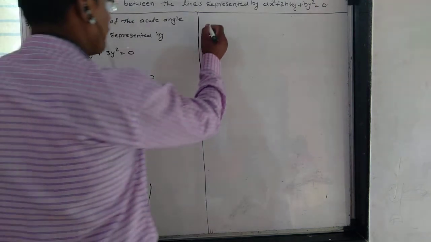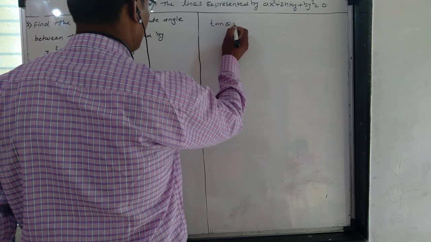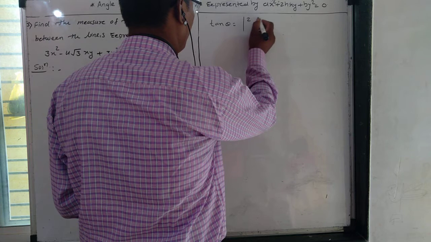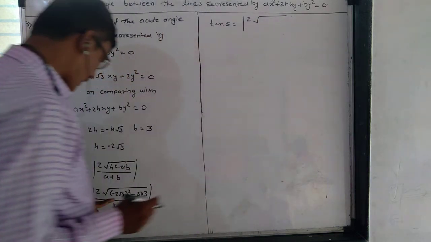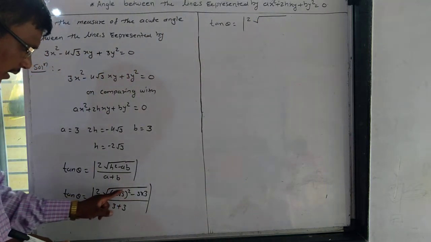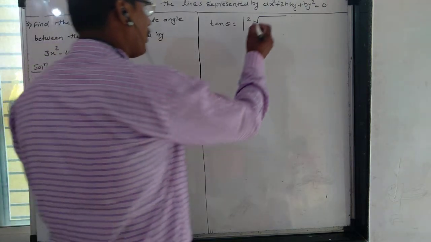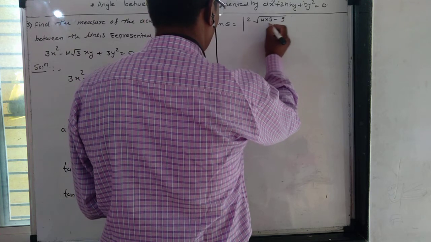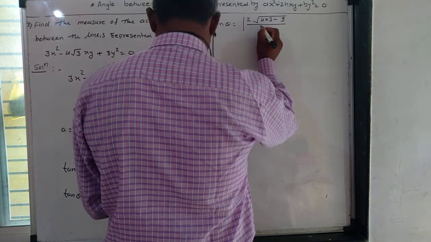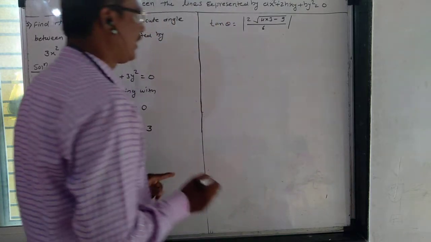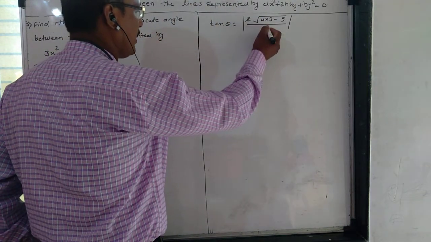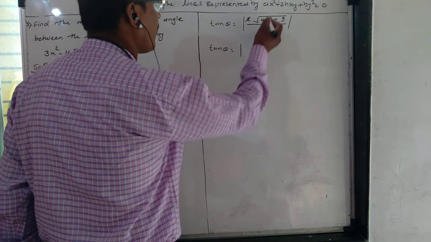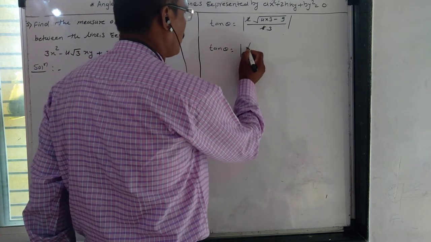Then tan θ = |2√(h² − ab)| / 6. If we square h, we get 4 into 3 minus 9, divided by 6. So then tan θ equals this root of